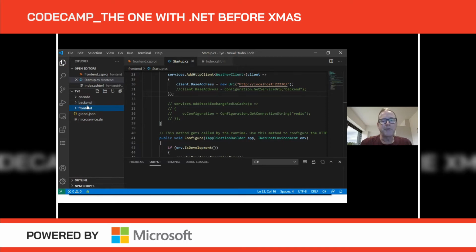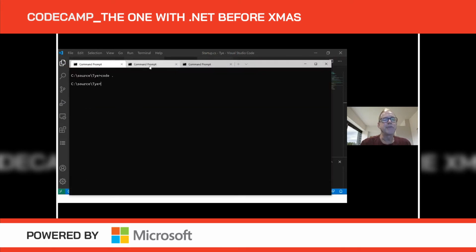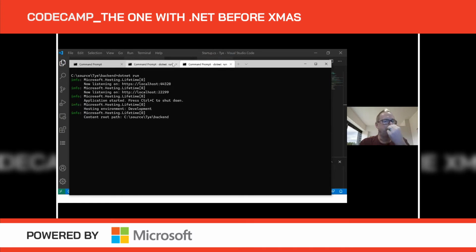If I was going to run those manually today, I might do something ugly like this. I might come over here to my front-end project and say dotnet run. My back-end project, say dotnet run. You'd probably create a script to do this because it's kind of cumbersome to have to go and run both the front-end and the back-end projects manually. They're both running, but now if I go and grab the URI here,